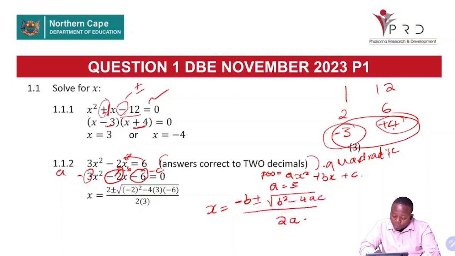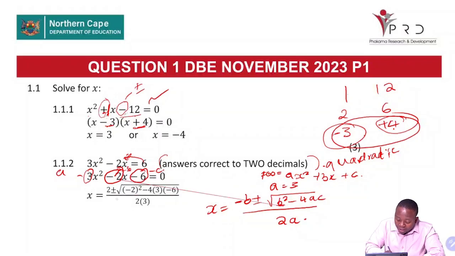Now we already know that b is negative 2, so negative of negative 2 will give us a positive 2, plus or minus, we're introducing the square root there. Then we go into the bracket, in the space of b, we substitute negative 2 squared minus 4 times a, which is 3, multiplied by c, which is negative 6,